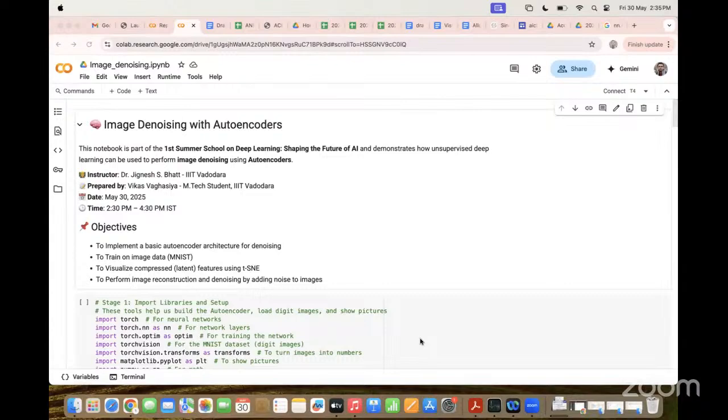So I would request all the participants to download the first one, the image denoising file, and save it in your drive. Similarly, the second one. Then we can start with the first case, image denoising. It will take around 35 to 40 minutes.